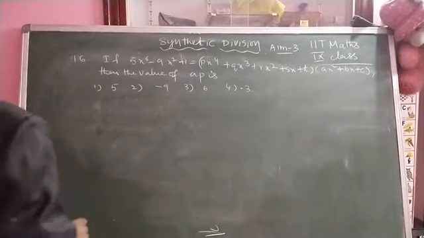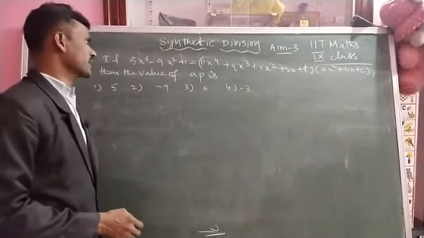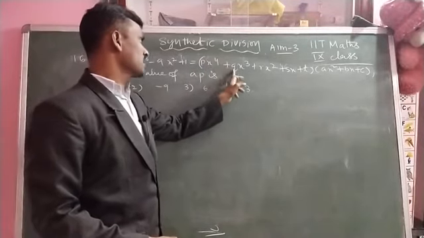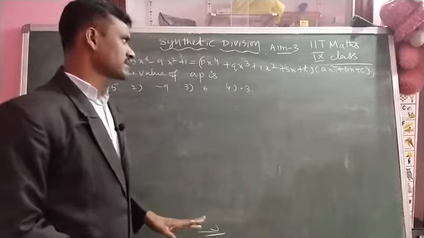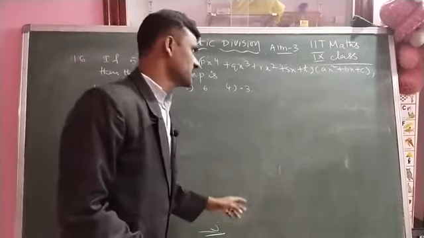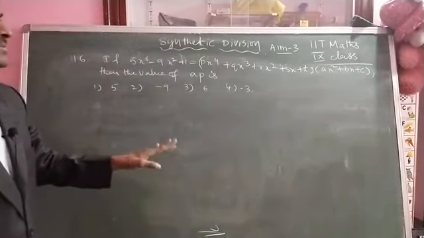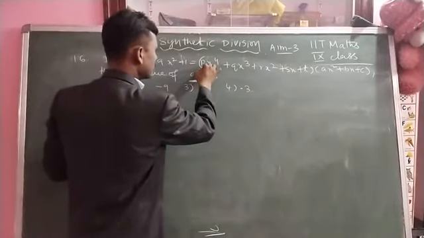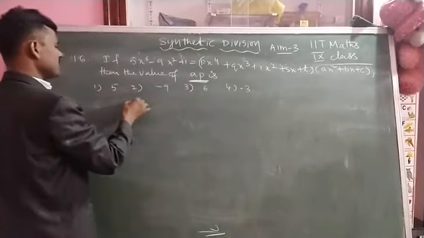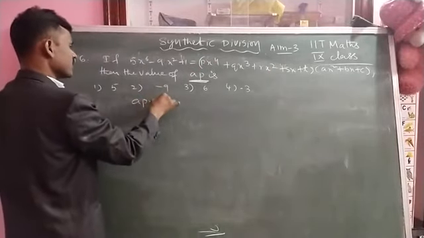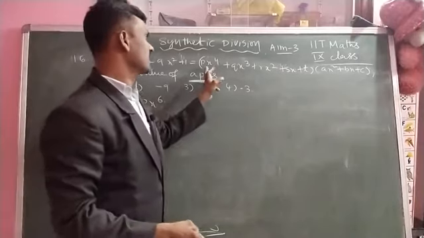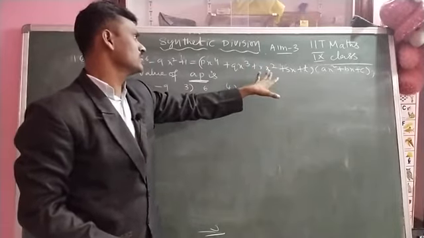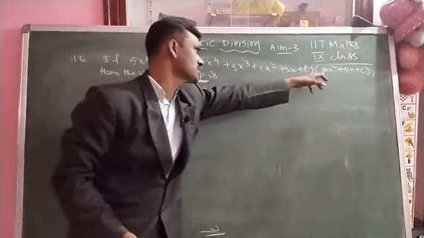Okay, next problem, 16th one. If 5x to the power of 6 minus 9x square plus 1 is equal to the product of px to the power of 4 plus qx cube plus rx square plus 5x plus t into ax square plus bx plus c. Here we have to find ap. Now we have to multiply here p into a, ap into x to the power of 6. Here ap only is possible. Only a and p, these are two terms.